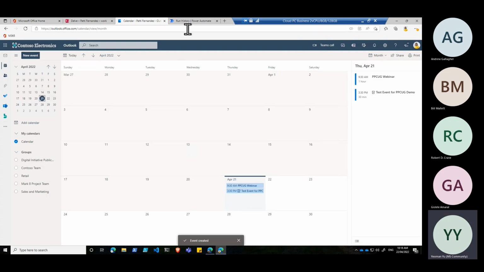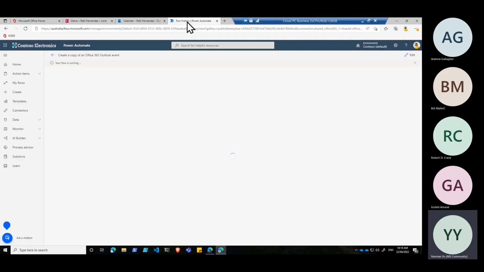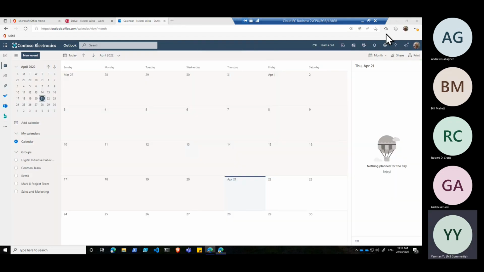So what should happen is, if you notice when I come back to here, the flow is running, it's tracking it, green lights everywhere. It's actually created the event in Nestor's calendar. So what we should do is we actually should check that. And there you go. This is Nestor's calendar. And as you can see, it's instantly created it. So it looks like the demo gods I must have borrowed away from Andrew. It's actually worked quite smoothly.